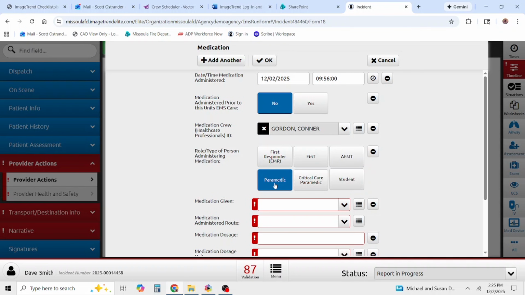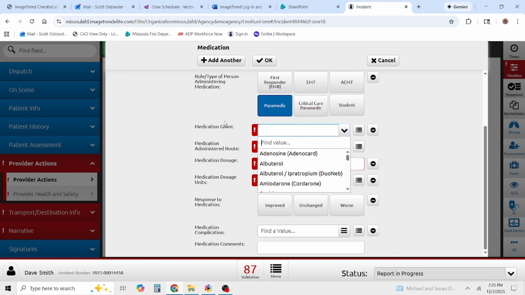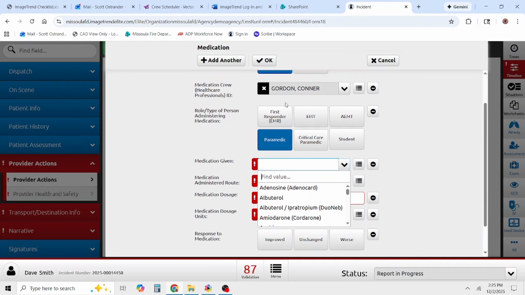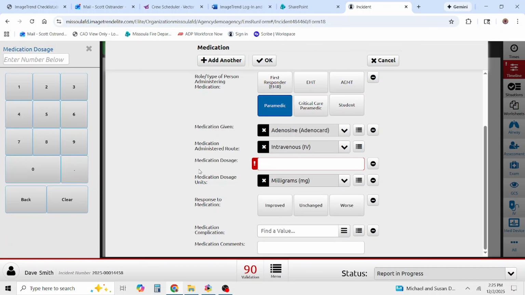Maybe Connor Gordon, who now populates as a paramedic, gave adenosine or albuterol or anything along those lines. Make sure that the person providing this medication has the right licensure to be able to give it. So let's say we did adenosine, and that's already going to populate as an IV. We can change that if we need to, but we shouldn't for adenosine. Let's say our dosage, we're going to put that in